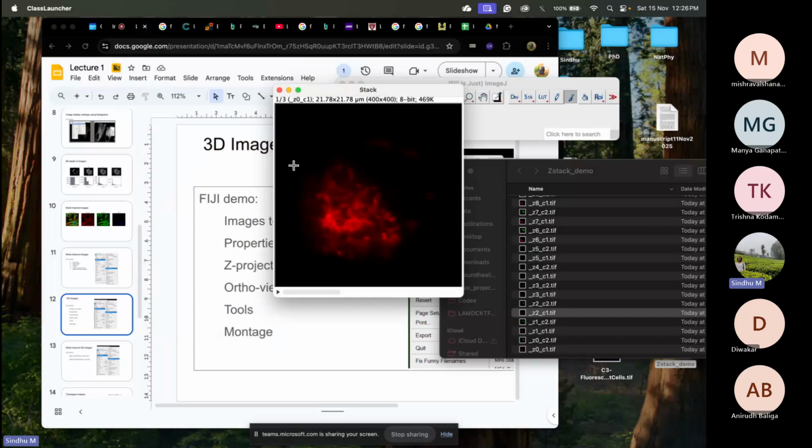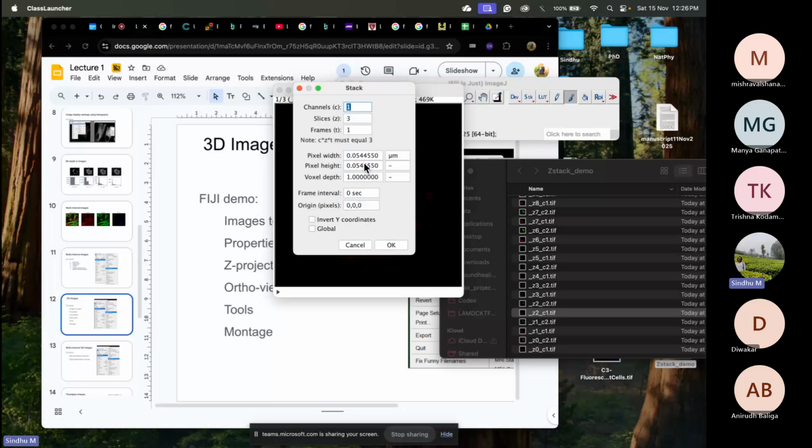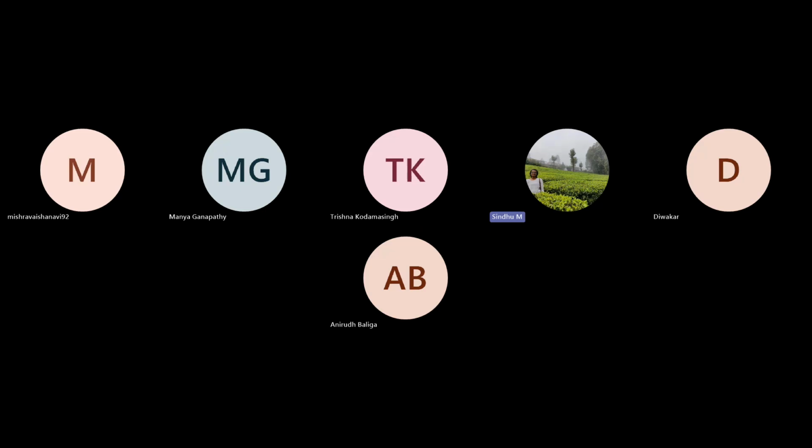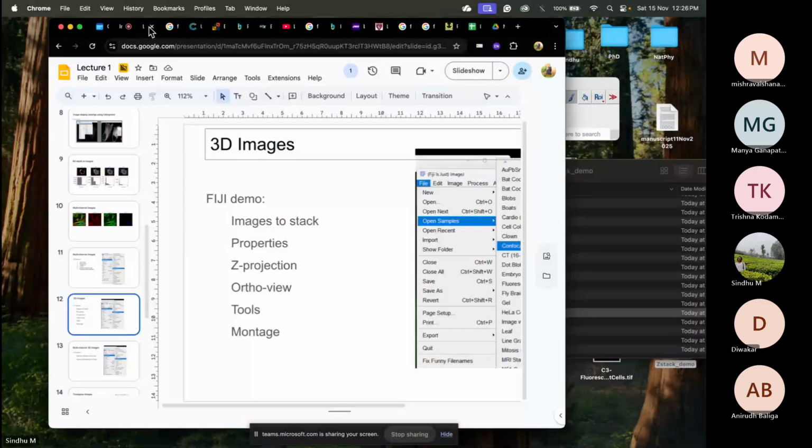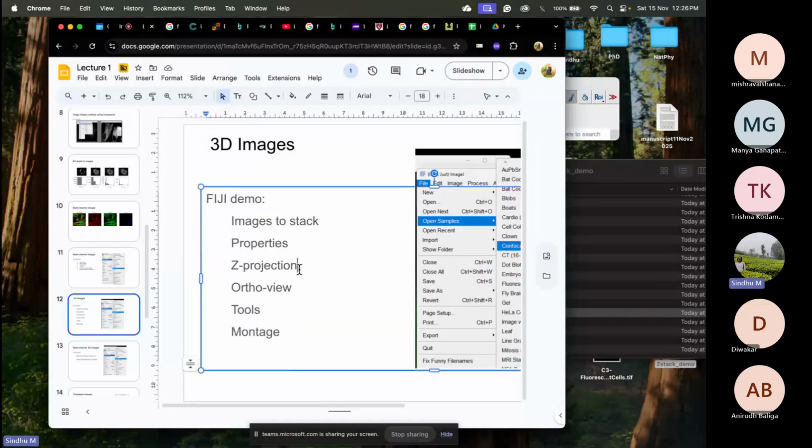But right now these TIFF files already have the metadata that it's a 400 pixel image completely, and 400 pixels correspond to 21.78 micron. You can also check this in the settings with Control-Shift-P shortcut. So these parameters are already set. I'm just sharing my screen again. Properties, and then